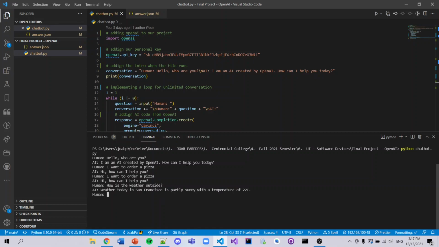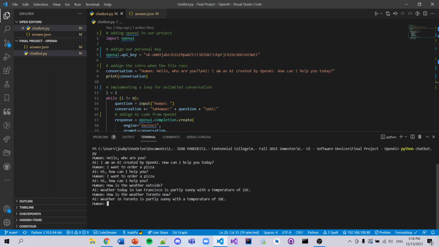For example, it randomly got the weather from San Francisco, and it says it's partially sunny with a temperature of 22 degrees. But we can say, how is the weather in Toronto now? And it says the weather in Toronto is partially sunny with a temperature of